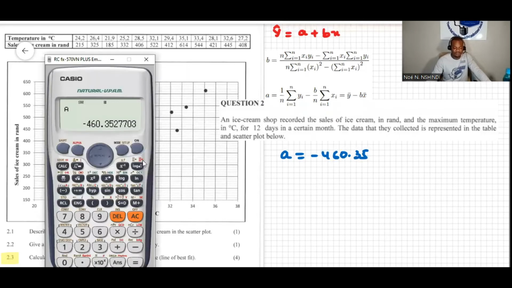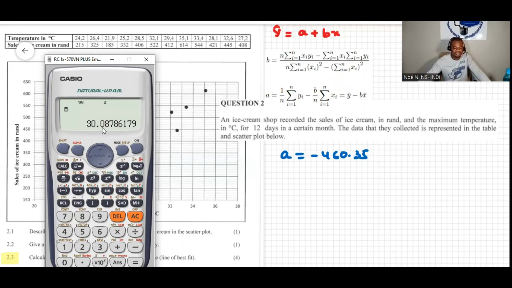Then we need to find b also. So what we can do, we press AC, and then I press Shift again, and then press Stat, and then number 5 again for the regression line. And then I need b. When I look, b is by number 2 there. So I press 2, and then we hit the equal button, and then it tells us that it's equal to 30.087 and so on. Because I'm rounding to the second decimal place,